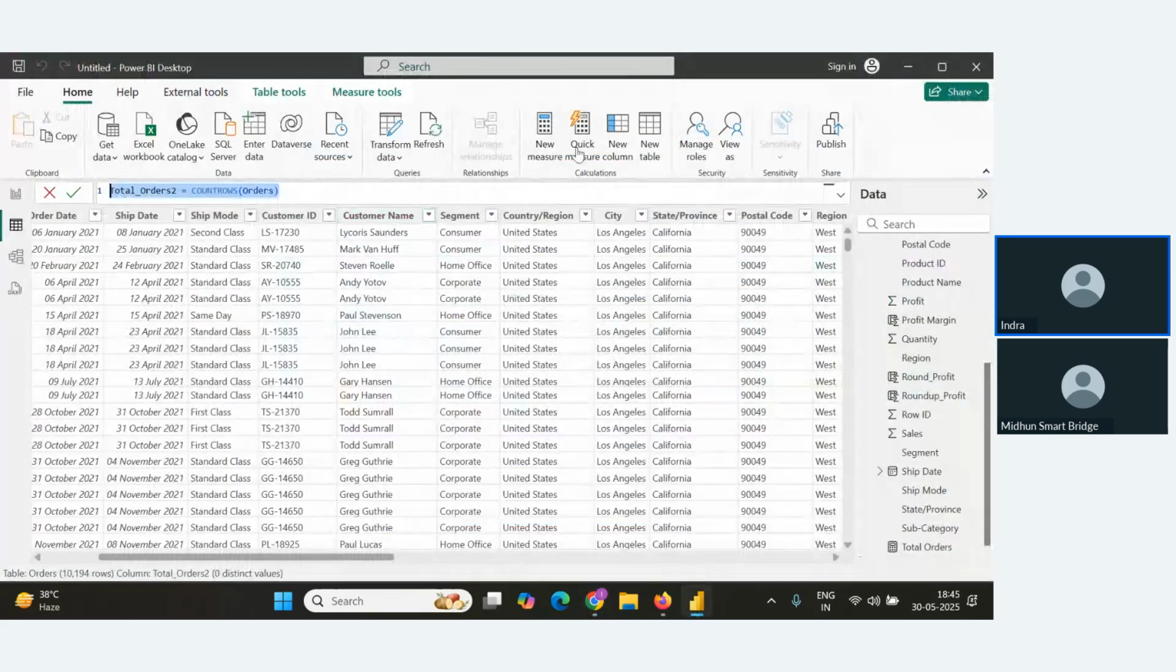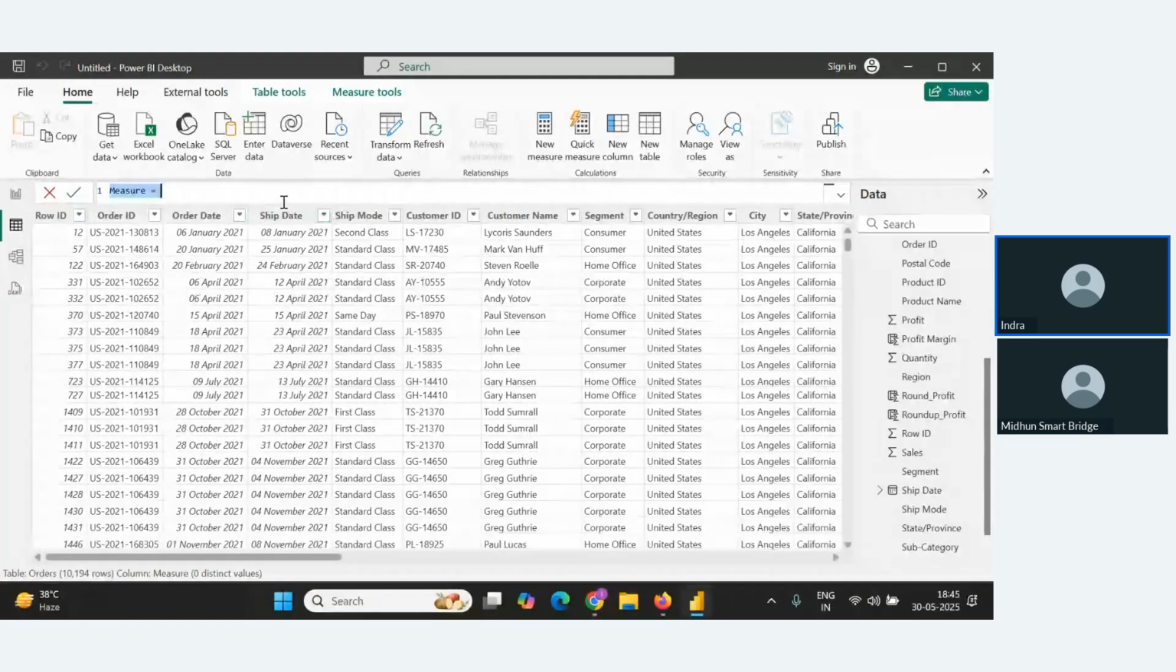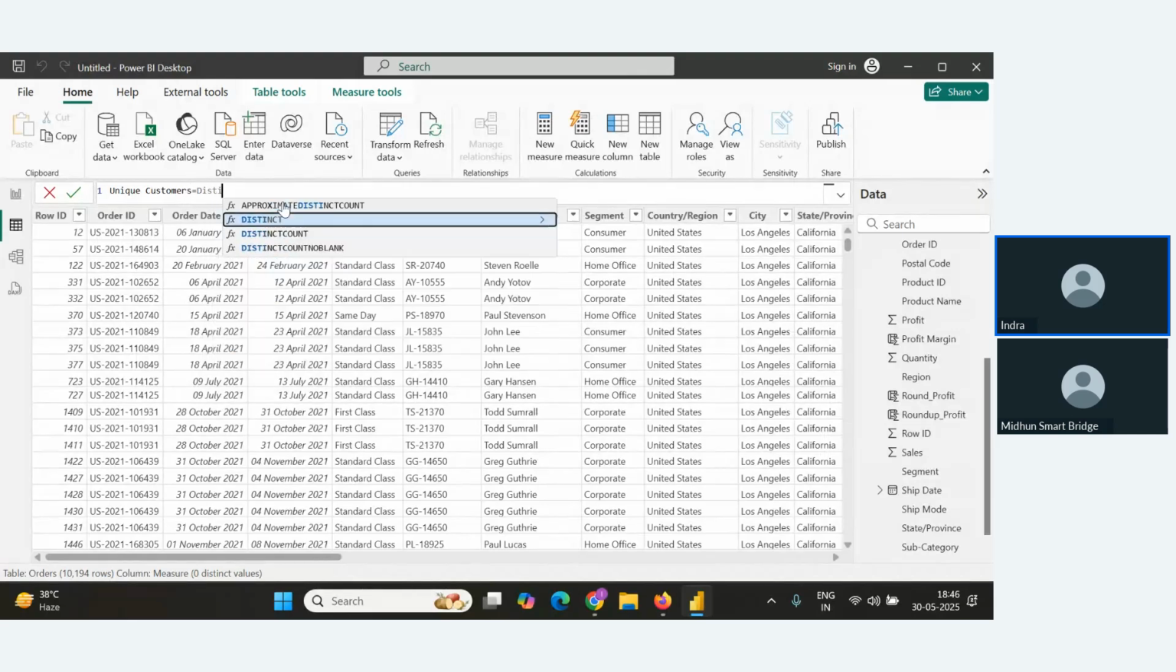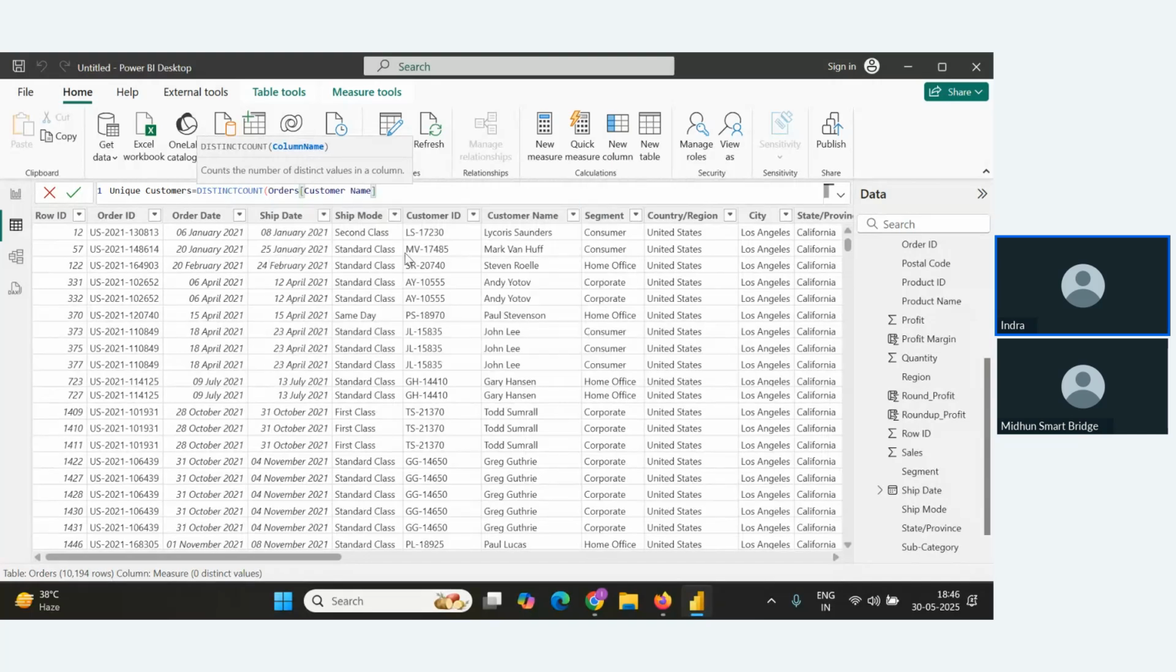I'll go to new measure here again, and this time I will give the name of the field as, let's say, unique customers. Unique customers is equal to distinct count, and in the parenthesis I have to pass the name of the column. I want to pass customer name. Close it,